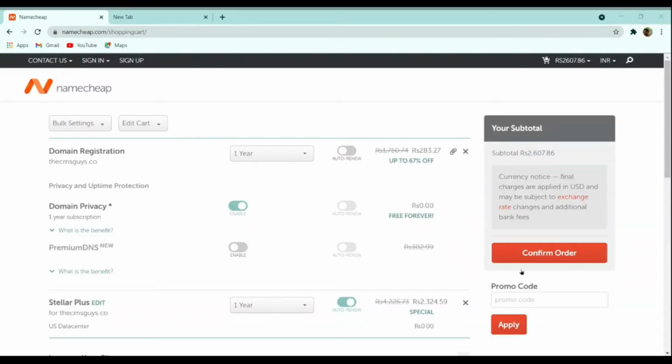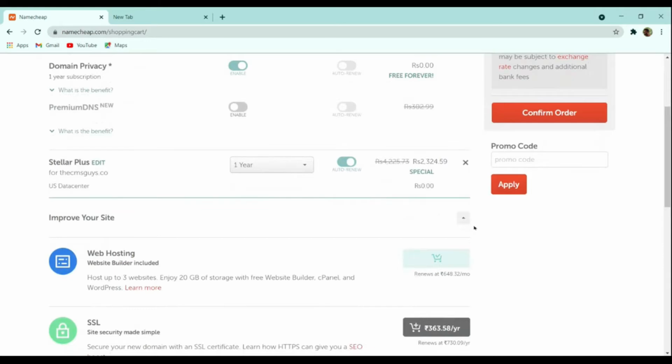Here you can see that when we have done the add to cart option, we have this domain with a 1 year subscription, and the price becomes zero. Then for domain privacy, we are getting a 1 year subscription, and for domain registration, if you want to increase it, you can increase your domain registration, and if you want, you can enable this auto renew feature. Now let us confirm our order. After verifying the domain, you can click on confirm order. And when you click on this confirm order,